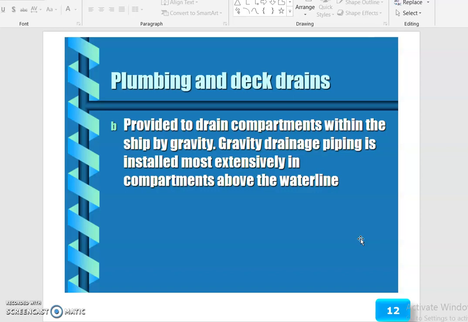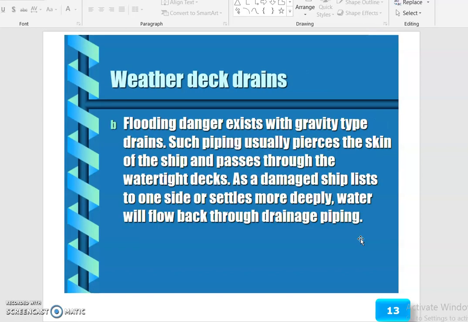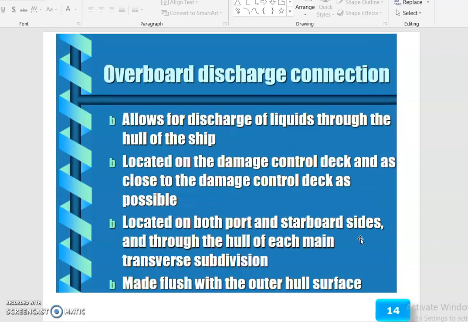The gravity drainage piping is installed most extensively in compartments above the waterline. The weather deck drain, flooding and such, exit through gravity-type drains. Such piping usually pierces the skin of the ship and passes through the watertight decks. So as a damaged ship lists to one side or settles more deeply, water will flow back through the drainage pipe.